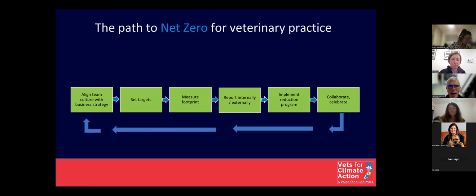Okay, so the pathway to net zero, and I've just co-authored a paper with 3 other veterinarians and veterinary professionals on a path to net zero, which we received an indication that would be published last week. So that should be out in the next couple of weeks, and so we'll put that on our website. But the process for